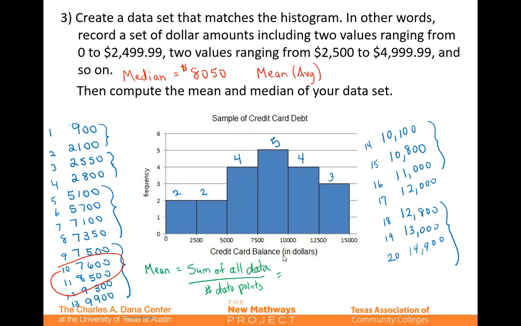8,500, 9,300, 9,900, 10,100, 10,800, 11,000, 12,000, 12,800, 13,000, 14,900. If I added up all those data points we made up, I get